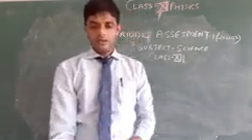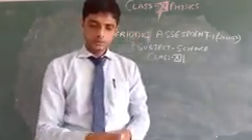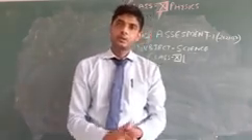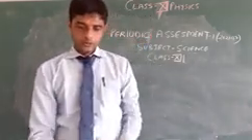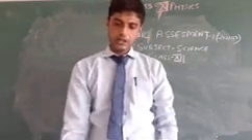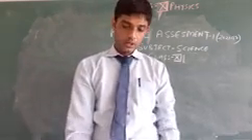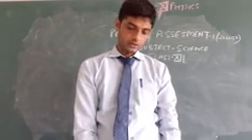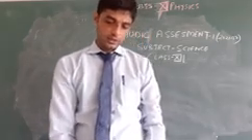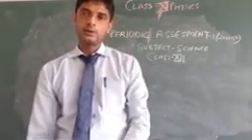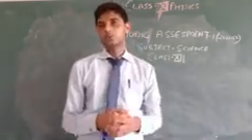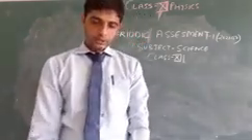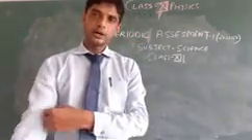So you have to write your name, roll number, date and class properly. There are section A, section B, section C, section D and section E. There are 5 sections in your paper, so you have to read your questions properly and give the answers. Section A consists of 5 marks.